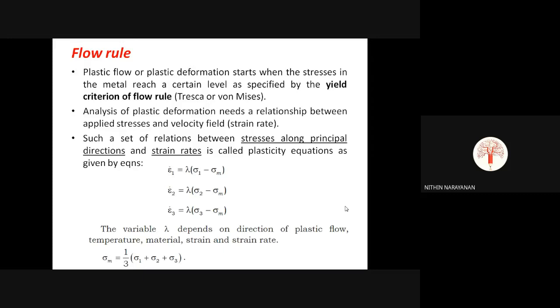Now you may be asked, which are the different plasticity equations that are derived